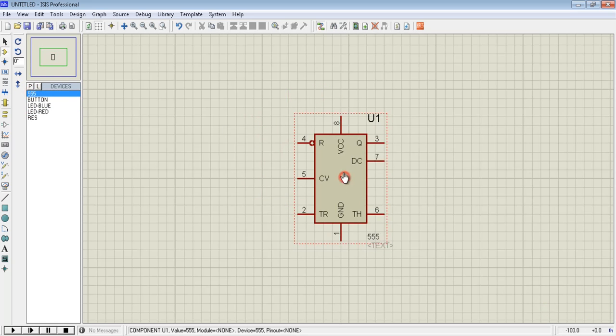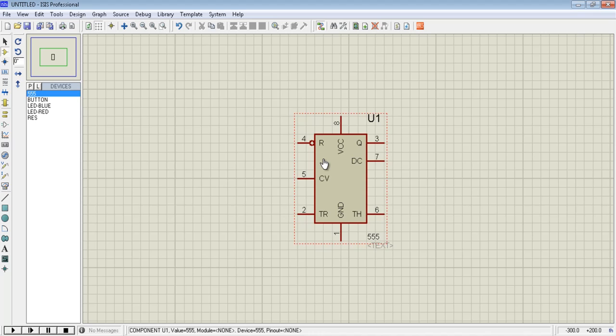This 555 timer IC is used in oscillators, timers and pulse generation circuits. This IC can also be used to provide time delays, etc. Now we are using it in bistable mode, which is sometimes also called Schmitt trigger.